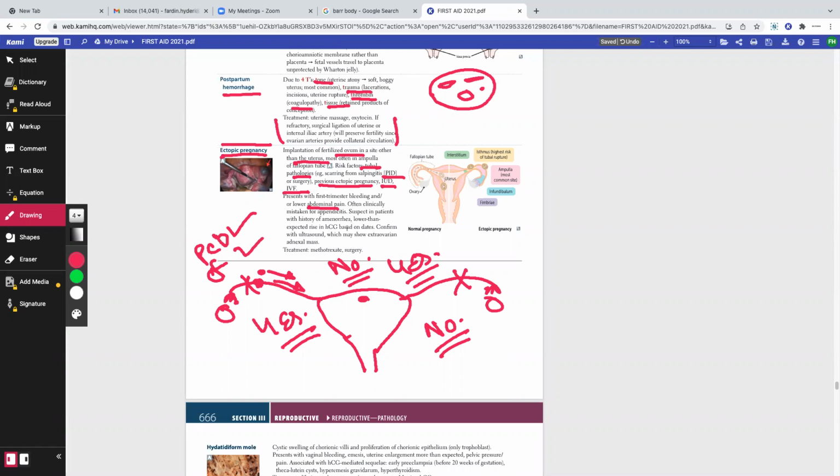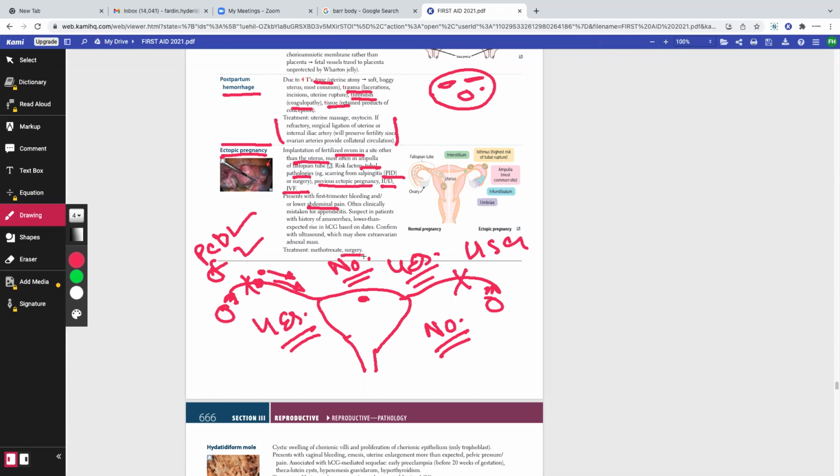Whenever a patient of reproductive age comes to the ER with severe abdominal pain, do we do a beta HCG? Yes or no? The answer is yes. If the beta HCG is very high and the female has severe abdominal pain and bleeding, can we expect these patients to be suffering from ectopic pregnancy? Yes or no? The answer is yes. We can do an ultrasonogram. In an ultrasonogram, we will find the presence of the fetus in the fallopian tube. And do these patients need emergent surgery or not? Yes or no? The answer is yes.